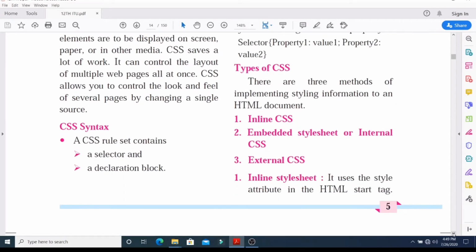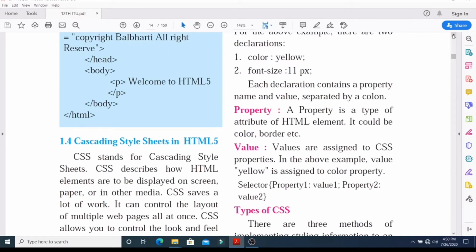My dear students, what exactly does CSS do? Here is the CSS syntax and rule set. A CSS rule set contains a selector and a declaration block. This is very important for every student to understand: a selector and a declaration block. It looks something like this.